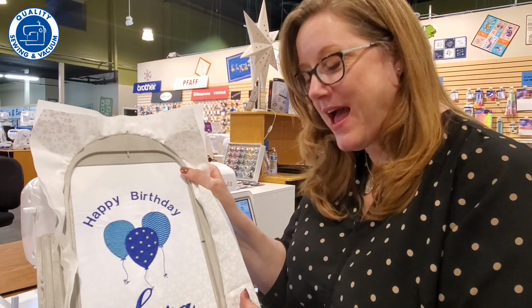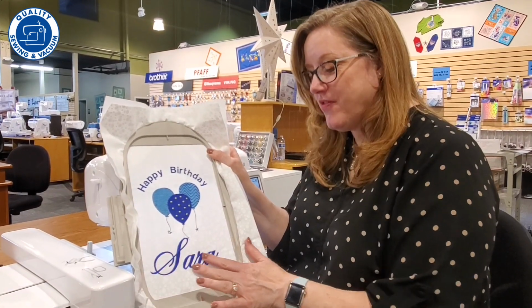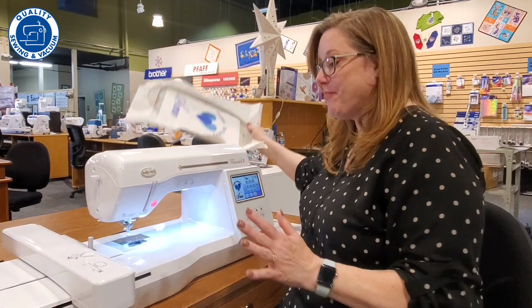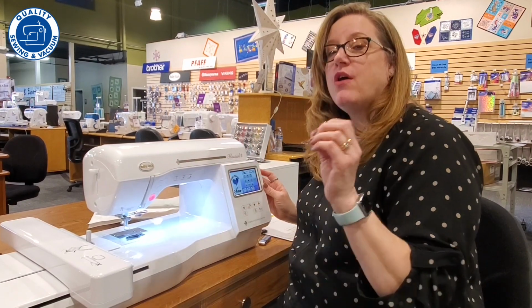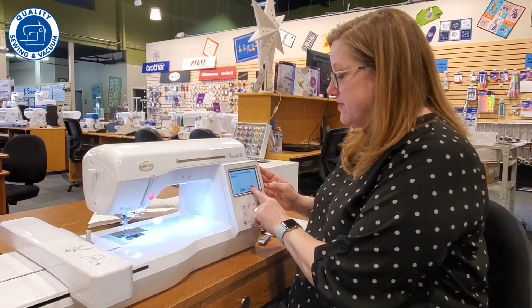Didn't that turn out so pretty? I just love the way the thread looks on this font. It's absolutely gorgeous. So the Flourish 2 is pretty cool. It has that 5-inch touch screen. It has 181 embroidery designs, 13 fonts, plus, I don't know if I showed you this or not, but in